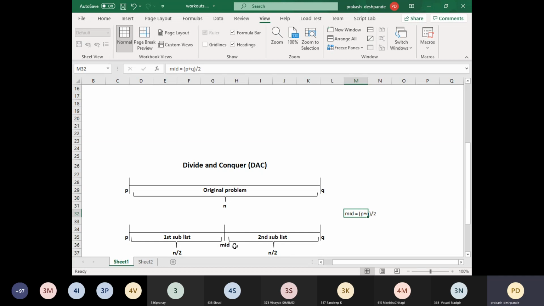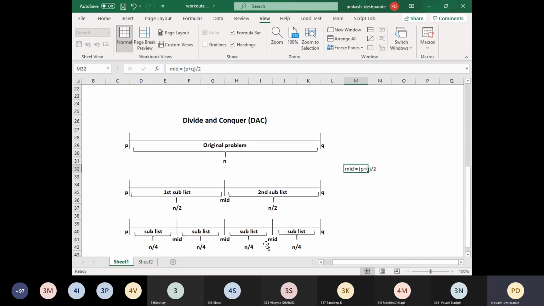Now, what I need to do is see whether I can get a solution to this particular subset, which is the first one. If yes, derive the solution. If I don't get it, then I can further divide this first subset into two more halves. If I can get the solution for this first sublist, well and good. If I don't, then further divide it into two more halves. The same approach can be applied to the second sublist also. So suppose we don't get it, then it will look like this. In the next step, again we are dividing this particular first sublist into 2 parts.